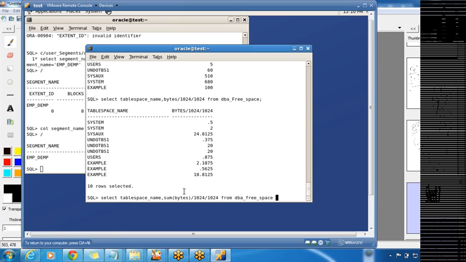Order by table space name. Order by what? What will order by do? It will sort the columns based upon the values. Yes, but why do I have to use order by? It will give only one value, right? If I do order by, it will just try to sort the data. So example will come first, then